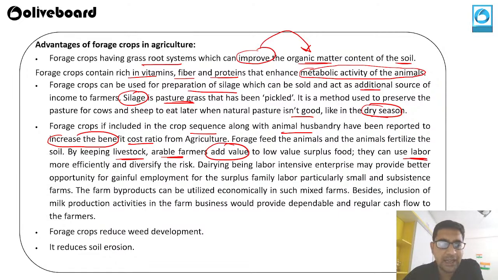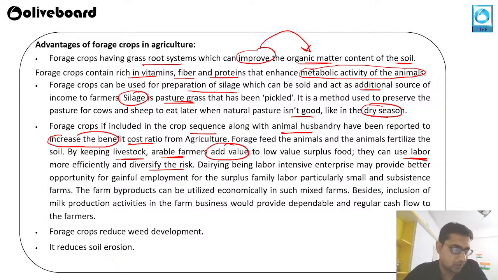They can use labor more efficiently and diversify the risk. So it provides another kind of diversification of farming activities, so that the farmer does not depend only on the grain being produced. He or she can also depend on the additional waste material,